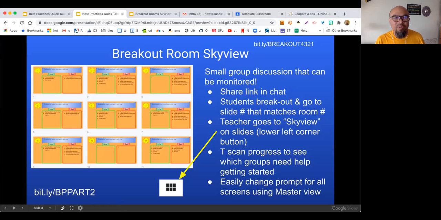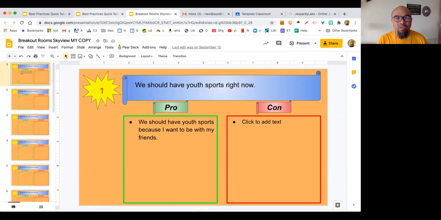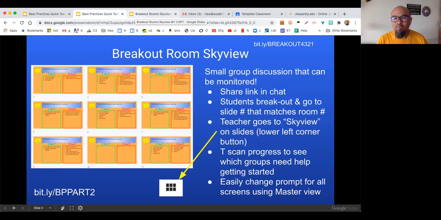Okay, breakout room sky view. Here's what I mean by this. Let's say you have a group and you want them to all go into breakout rooms and answer a question, pro and con, right? Talk about something, record it. We want to see what you're thinking about. What you could do is send them all to the breakout rooms and then provide them the link